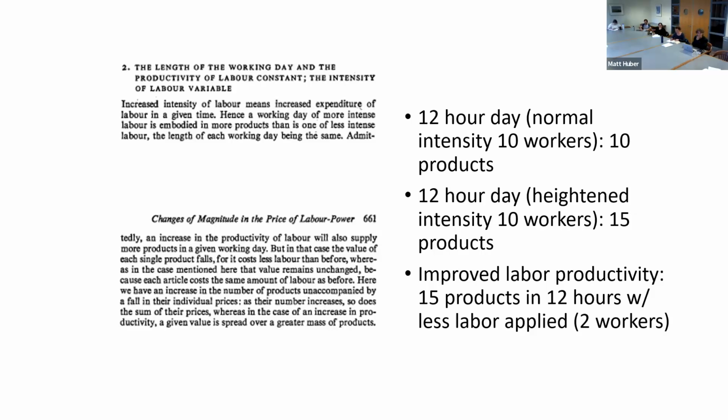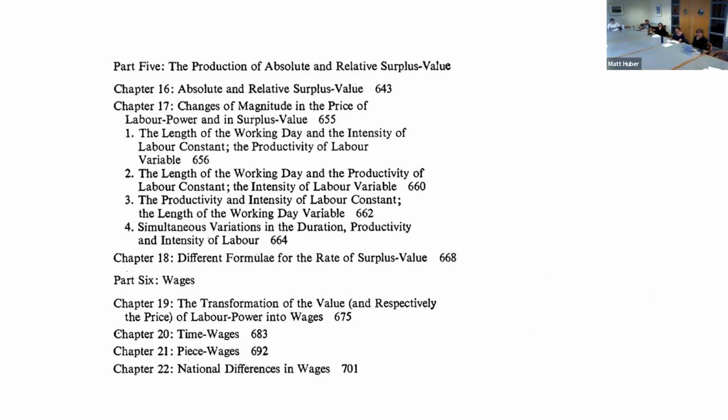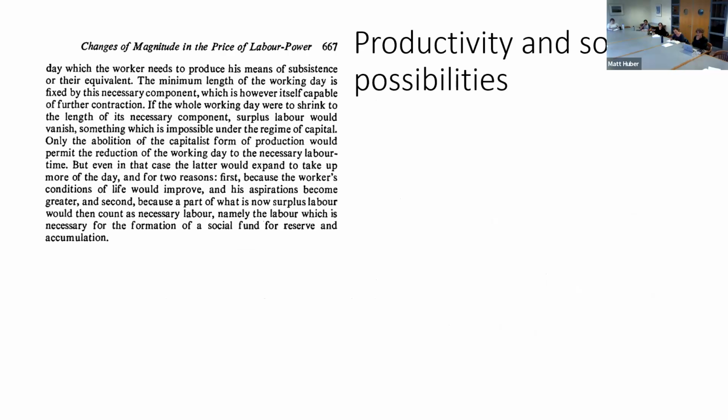Yeah, so. Okay, so then he goes back and forth through all these different ways. I'm not going to go through all this, but I do think the last page of this chapter is pretty phenomenal, just talking again about social productivity and how productivity itself creates certain social possibilities that under capitalism are squandered, right? Where he says,